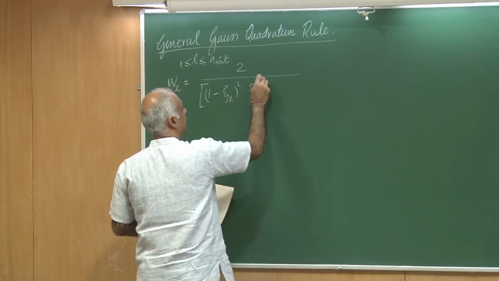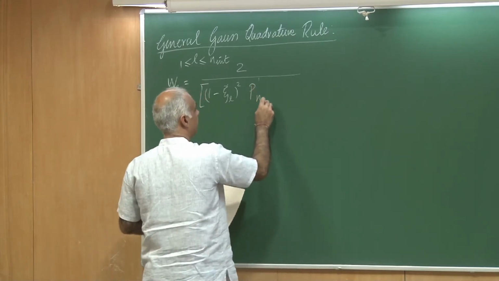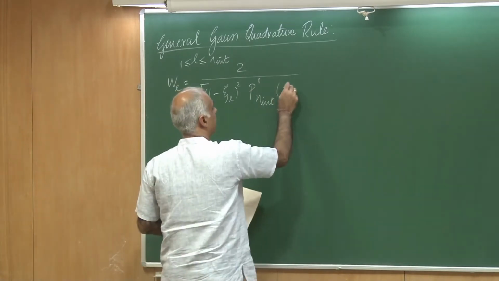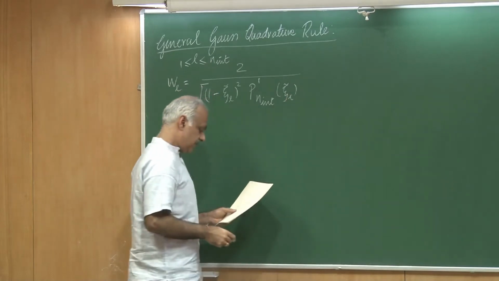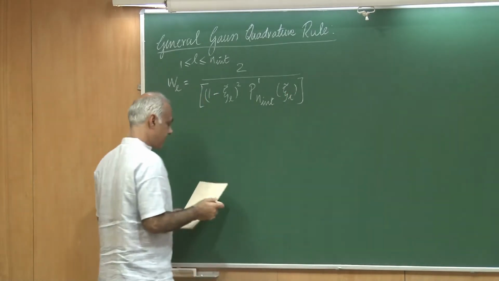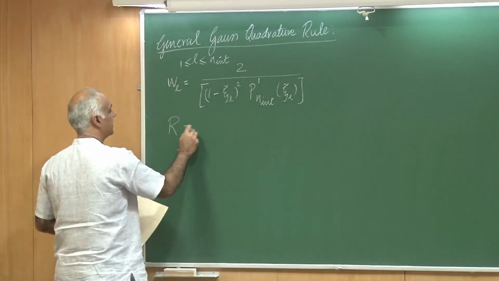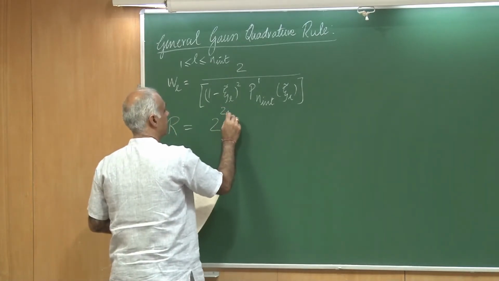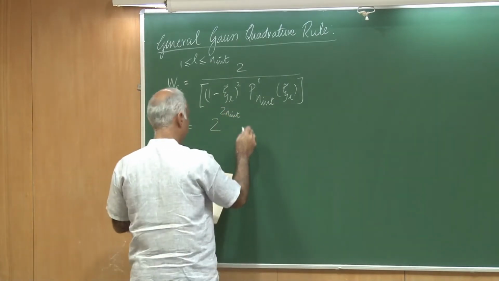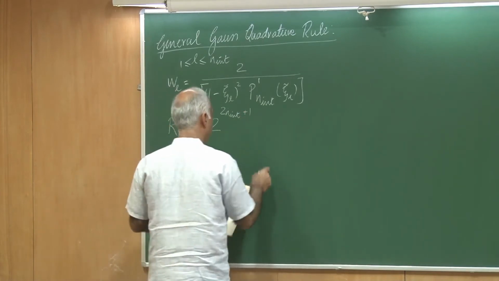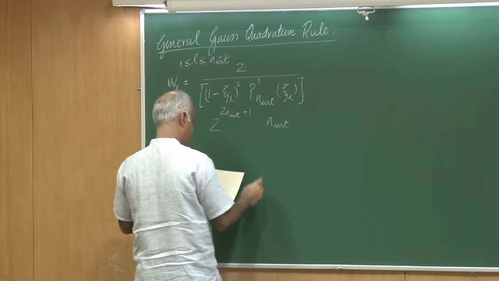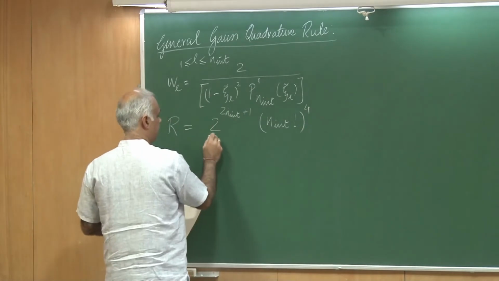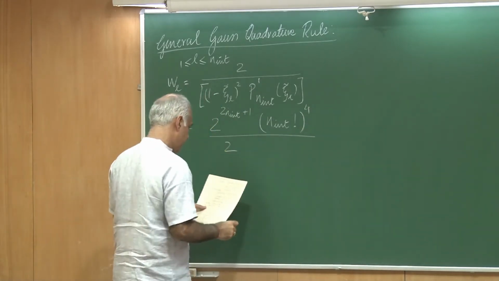times the first derivative p prime of this polynomial. I will give you the expression in a moment. So, that is the weight, and the error r is actually twice raised to 2n plus 1 factorial of this, raised to the 4, and in the denominator I have twice